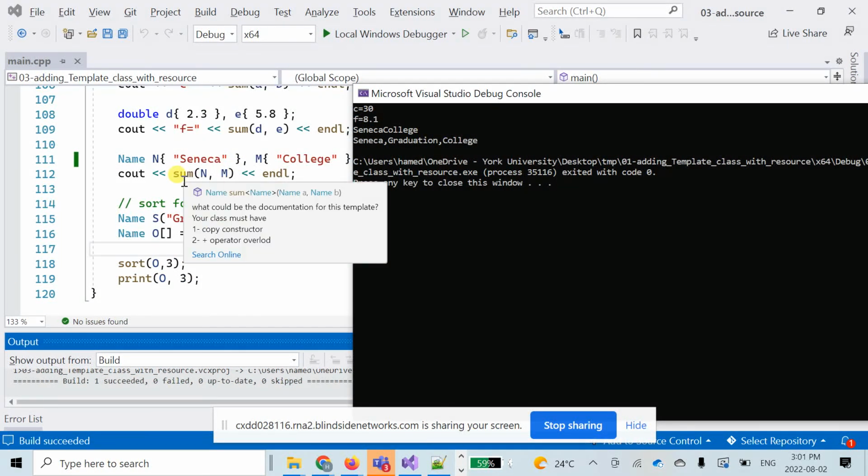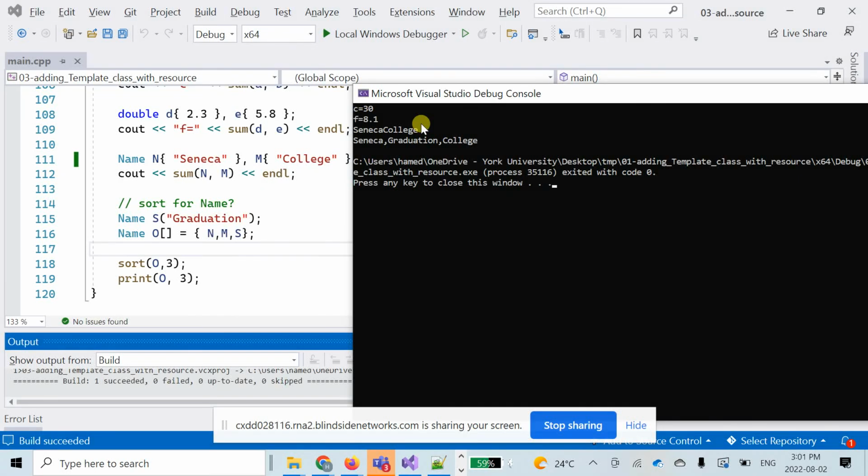And for the sum, because we basically use this plus operator to implement a concatenation, now Seneca and college are concatenated. And in this array of type name, because we implemented that less than function in a way that it returned true, based on the comparison of basically